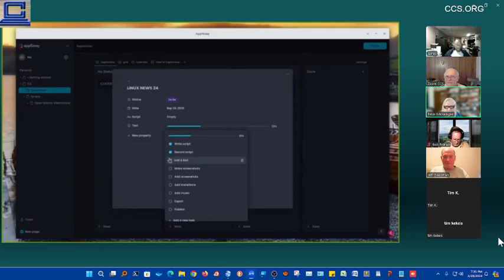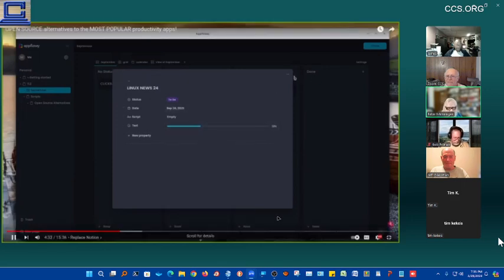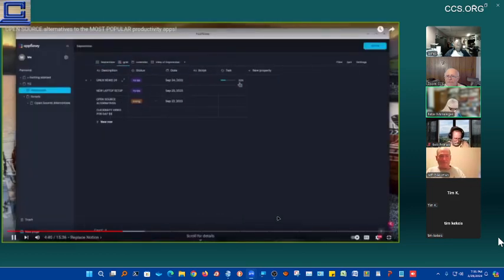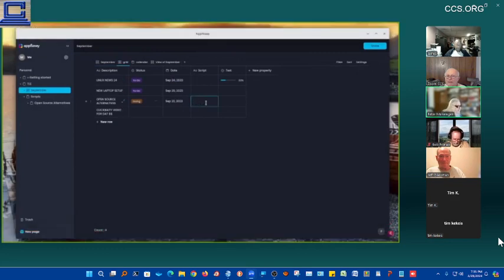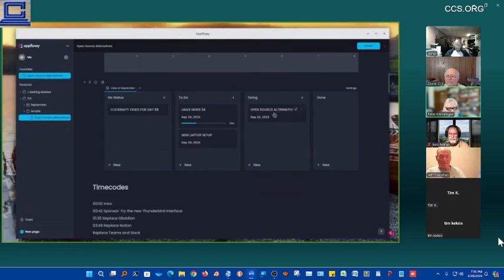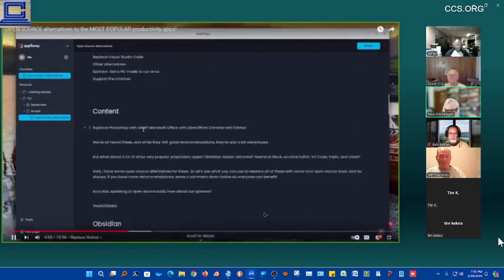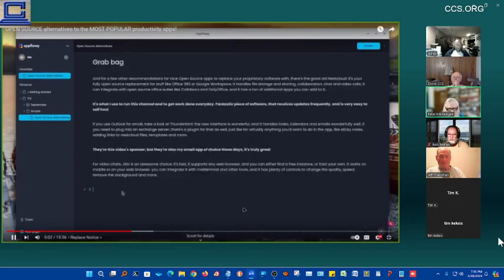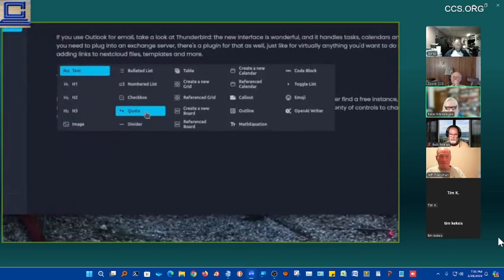AppFlowy is really close, but it's not as feature complete just yet. It's open source, it's available for Linux from FlatHub. You can create your own structure with pages and subpages, and you have a few page types like calendars, boards, tables, or documents. You can also mix these types on the same page, like having a board with cards that you can also present in a table or on a calendar, but you won't get as many templates as what Notion offers. Your text notes can have a lot of formatting with headers, images, checkboxes, lists, quotes, code blocks, and